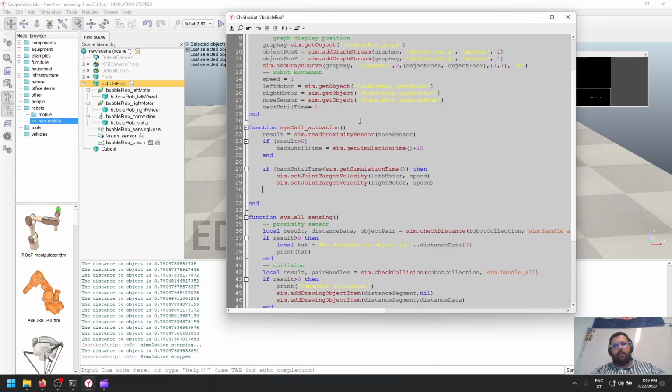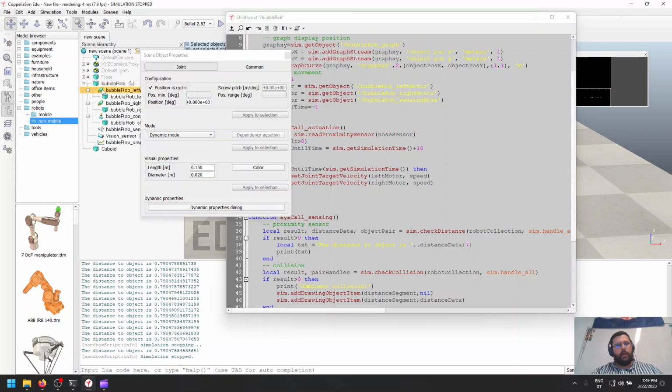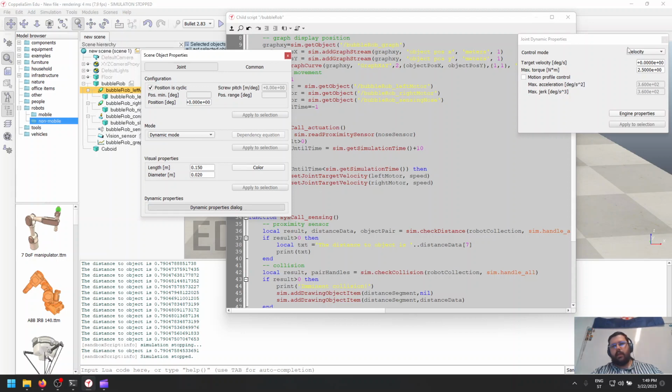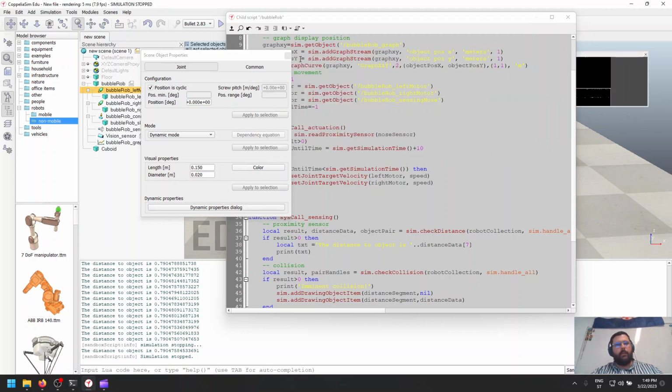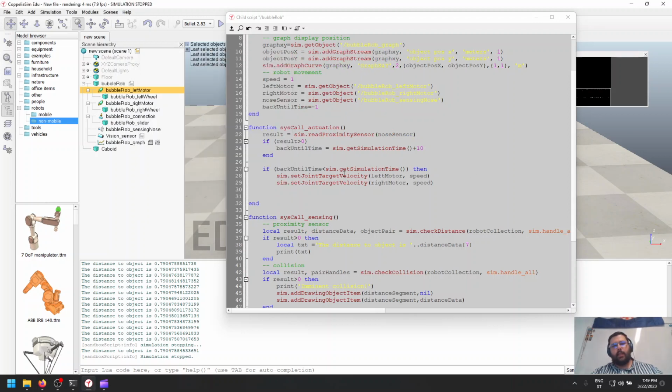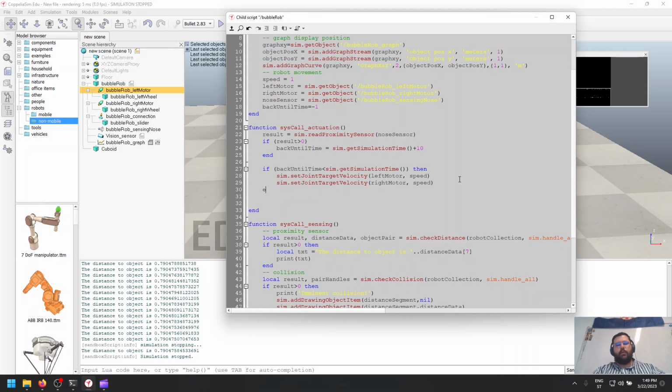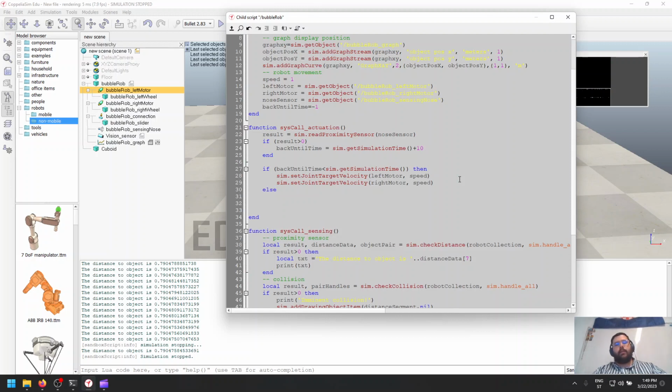This is basically, you know, when we went here to the robot, to our joint of the robot, we went to this dynamic properties dialog and set the target velocity to 0 to make the robot stand still. We are just changing that value through program instead of through graphical interface. In case where that back until time is currently running,